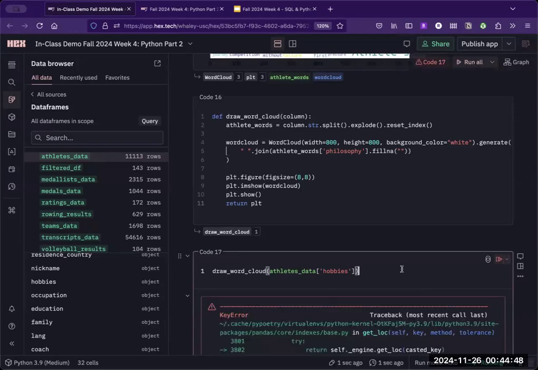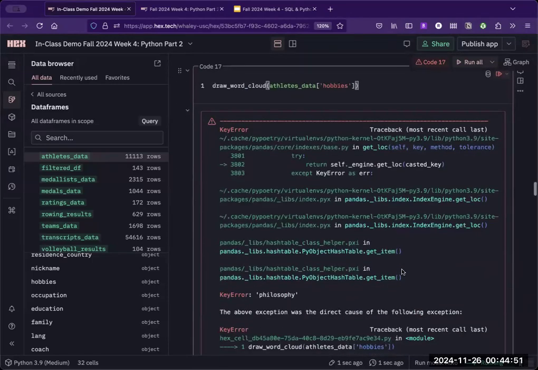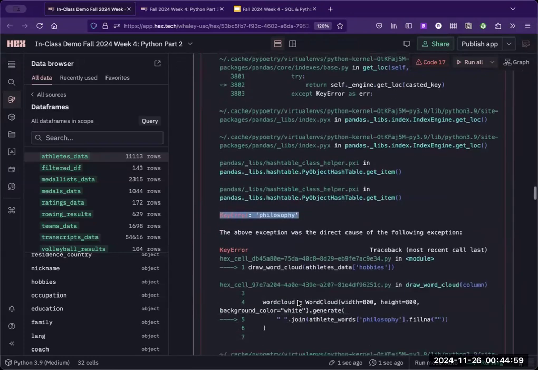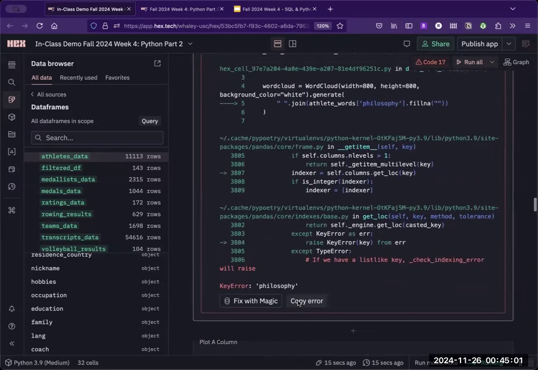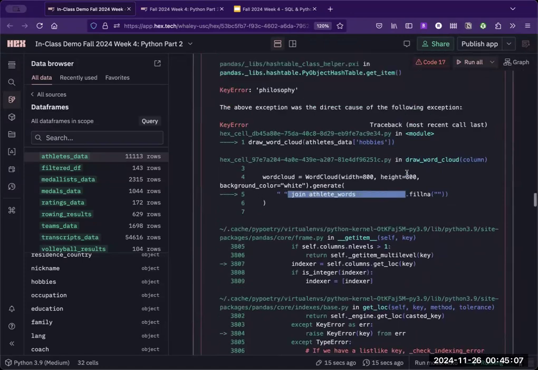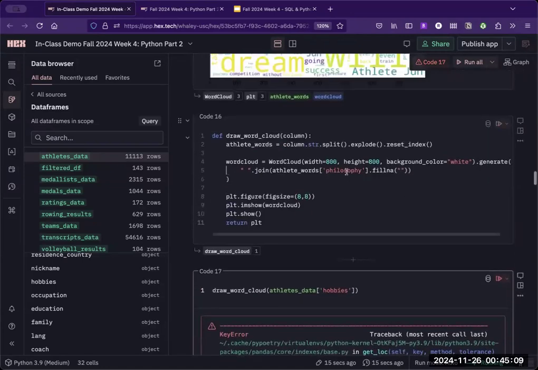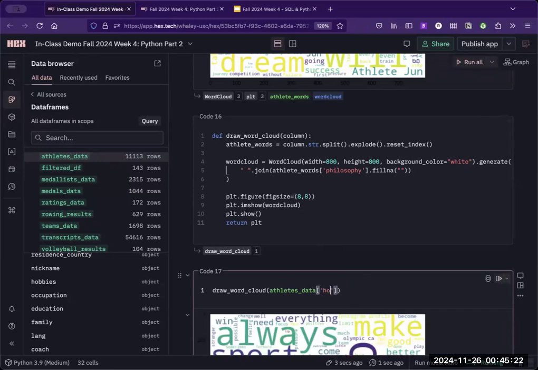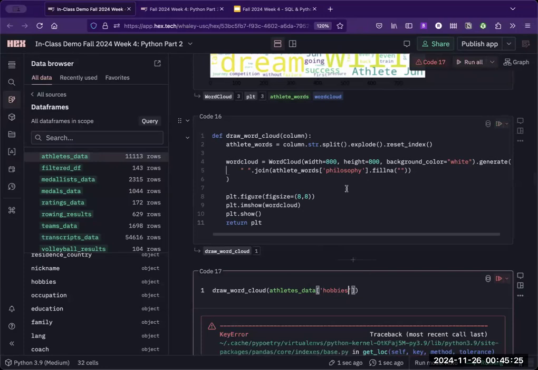Okay, I get an error. Let's look at this error. After a bunch of nonsensical stuff, it says key error philosophy. So it's looking for the word philosophy, and you'll see it's highlighted this line, athlete words philosophy. So I've still left that in my function. I didn't get an error before when I ran it with philosophy, because that was the right name, the thing the function needed. You see it works fine, but as soon as I change the column, my function fails. So I need to